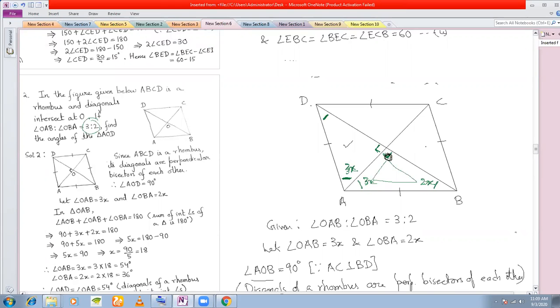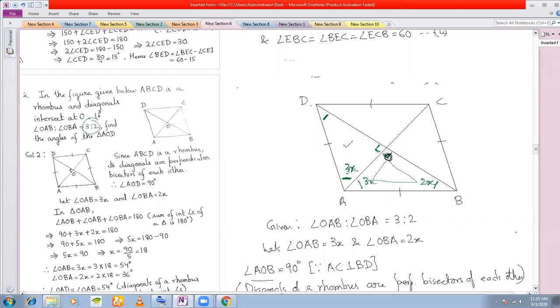Why get into congruency? To make ADO equal to OBA. And why should they be equal? You cannot prove them to be equal because they are not congruent. These two are not congruent triangles. Even if they are congruent triangles, fine, yes, they are congruent triangles. But there is no point getting into congruency because you will have to prove congruency in such a case. There are many ways.